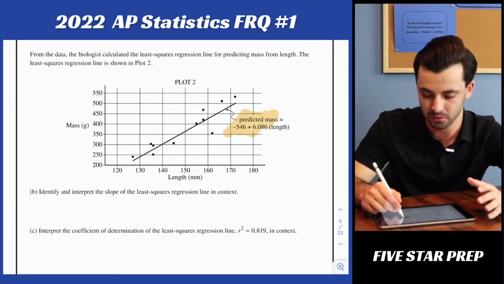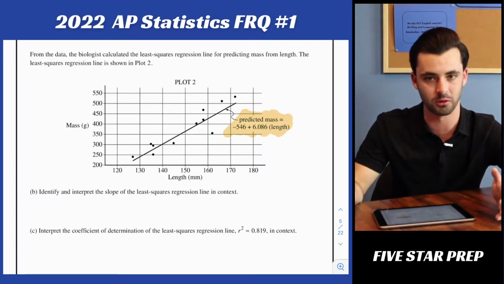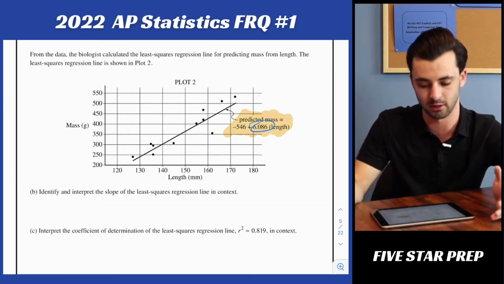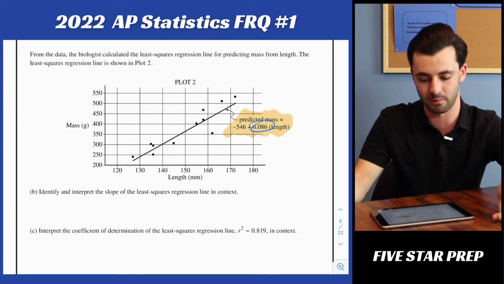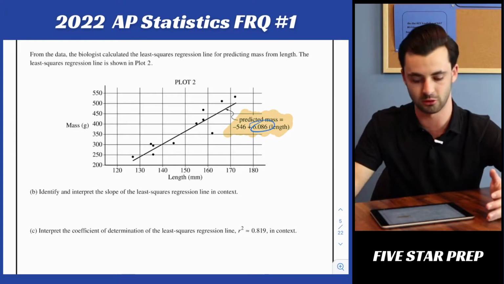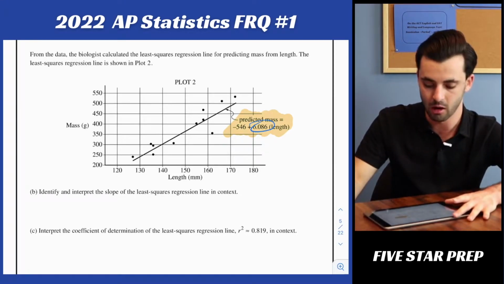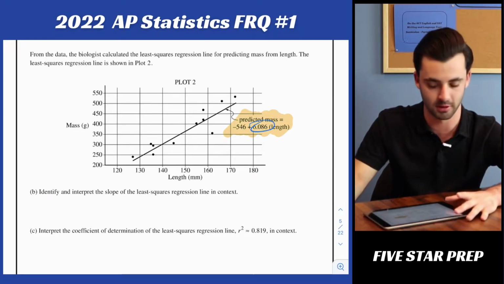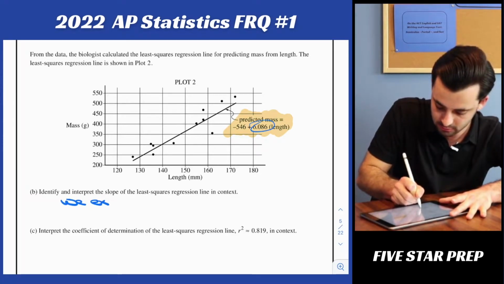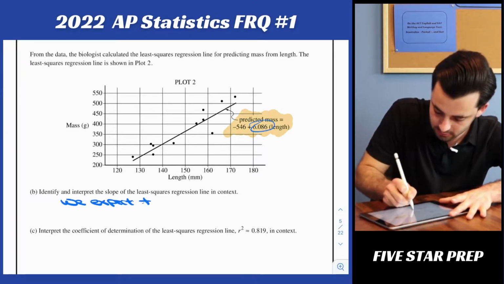Here they give you the slope of the least squares regression line in the equation. It is just 6.086 right here. Now we just want to say what that represents. Well, here the slope of any line is the change in y for a 1 unit change in x. So as a result, our slope is going to be 6.086. And interpreting that, we would say we expect the mass